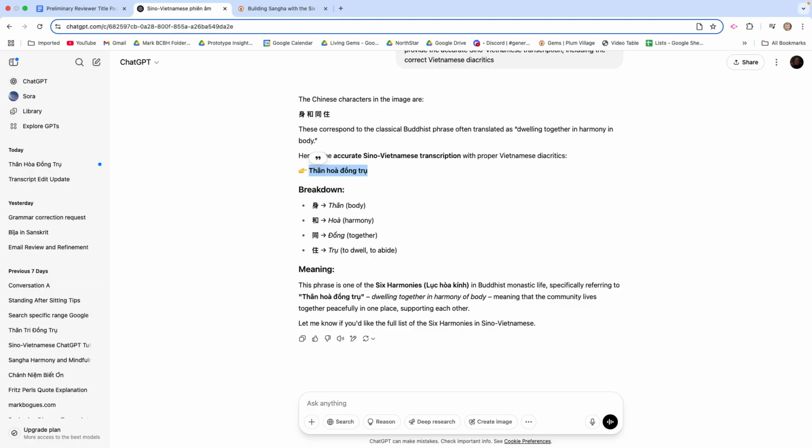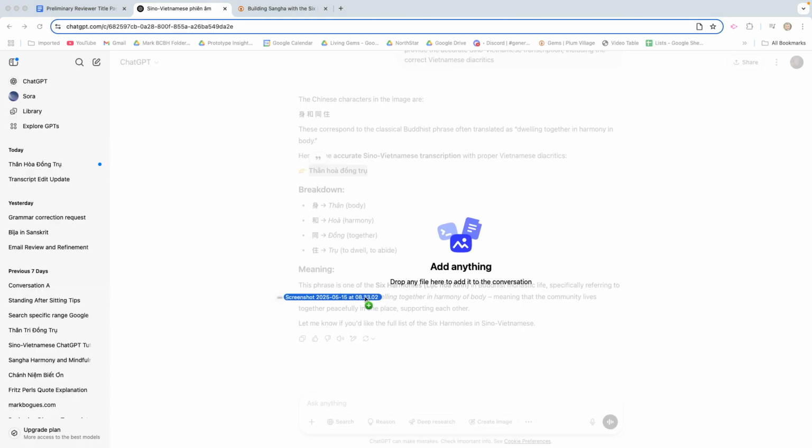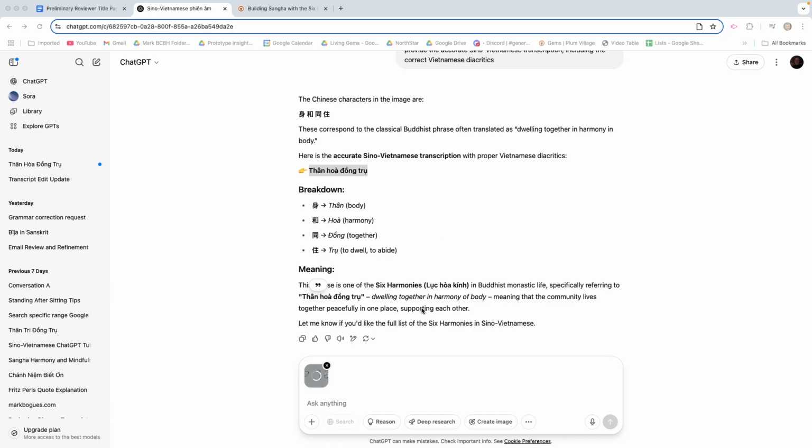I'm going to find my screenshot. I'm going to drag it in. And I have a slightly different prompt for this one. In this one, the difference is that no phonetic approximation of what Thay has said has been included in the transcript.